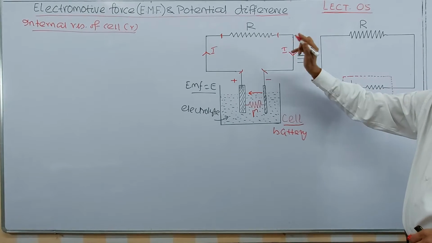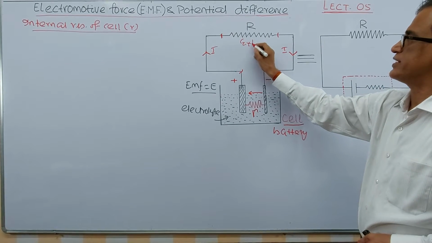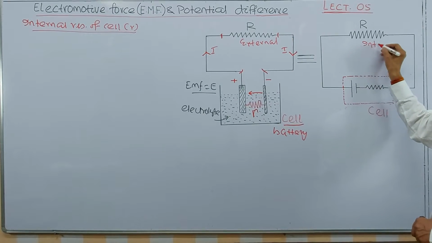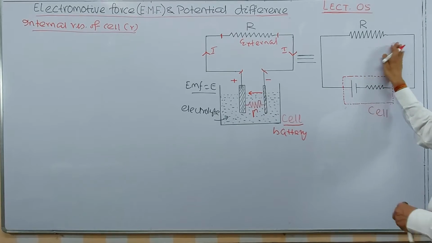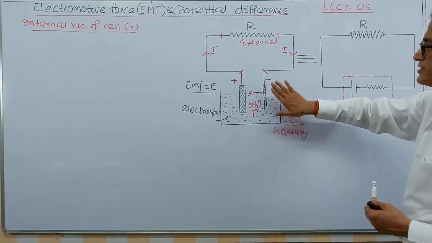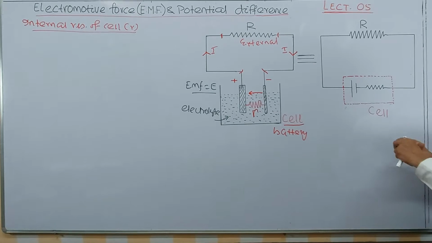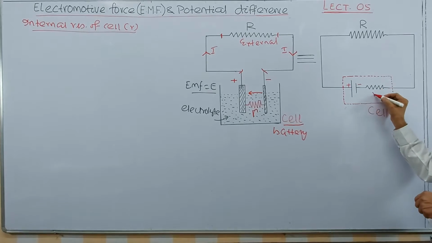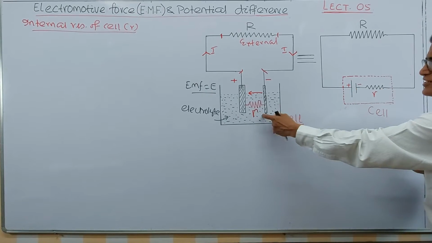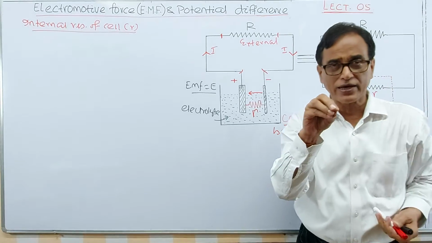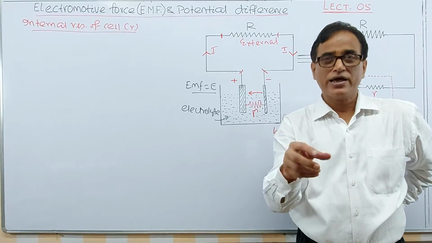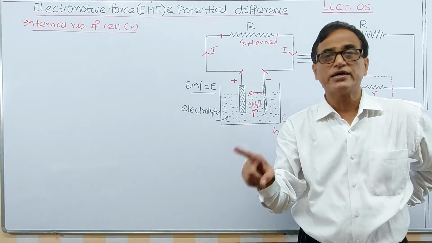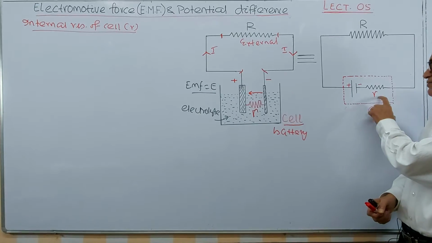This is the external resistance, the one connected outside, and this is called the internal resistance. Sorry, this is the external resistance and this is the cell. I have taken the cell in the form of this diagram. This is plus, this is minus. What is this? This is the internal resistance associated with a cell. That's why in some numericals you will be asked certain questions. A cell of negligible internal resistance is connected in the circuit, then in the formula you can remove this r.